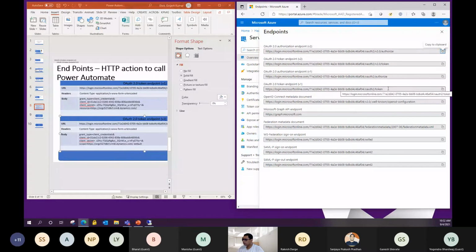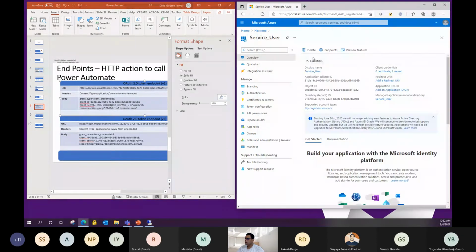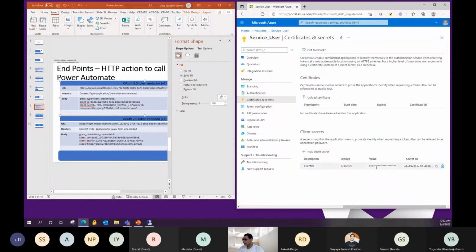If you are using OAuth 2.0 authentication, then you have to pass a call like this with grant type equal to client credentials, the client ID, which is in this detail, and the application secret, which appears only once.